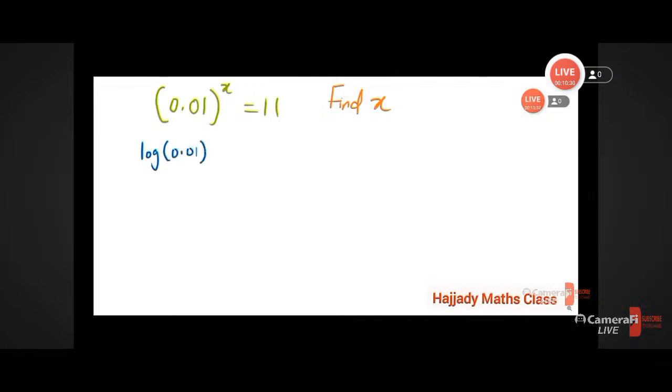So here, applying the logarithm, we have log into bracket 0.01 all raised to power x equals log 11. And don't forget the rule of logarithm that says that when you have log a raised to power b, this is the same thing as saying b log a. So we are using the same thing. So this is coming to the back. So here we have x log